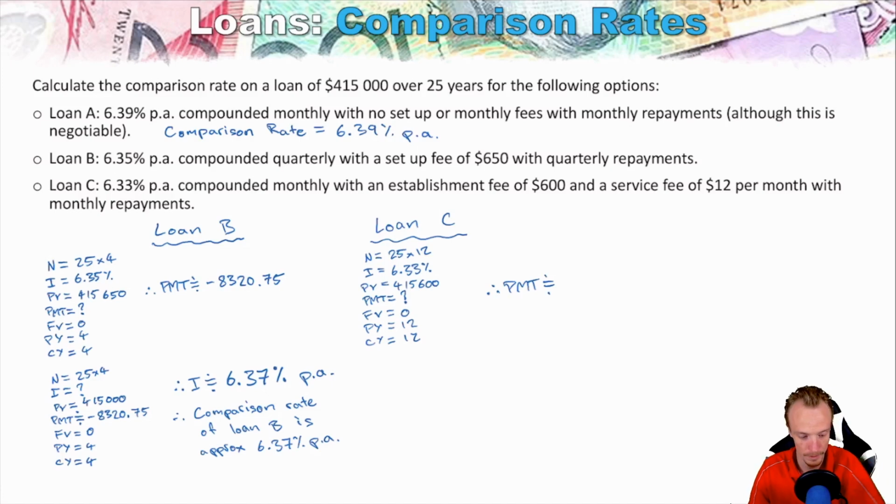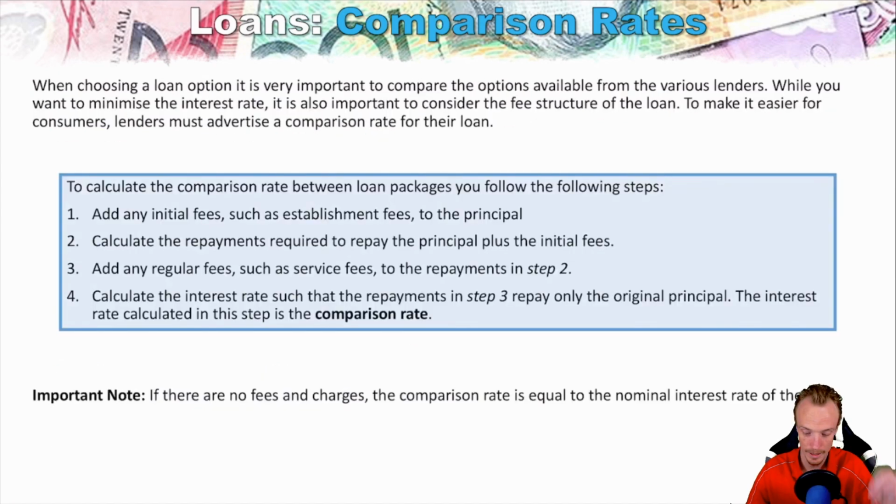That's going to be approximately equal to 25 by 12, 6.33, 415, these need to be 12s. That needs to be 415,600. So we get a PMT that's approximately negative 2762.18. So then what we need to do with this, we look at step 3, is we need to add